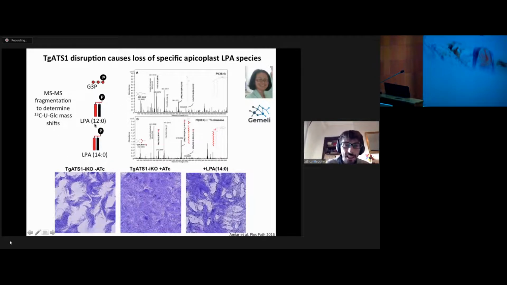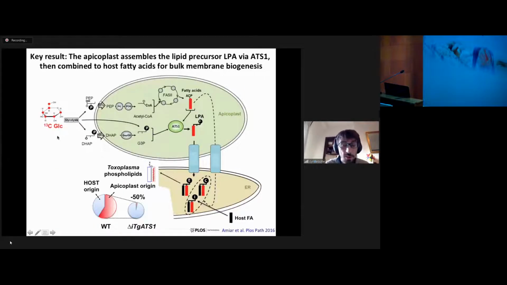And what we found is that the parasite was making labeled lysophosphatidic acid specific of lengths 12:0 and 14:0, short-chain fatty acids, which are the signature of FASII synthetic capacities. And these fatty acids were incorporated into lysophosphatidic acid. And this lysophosphatidic acid was used as the backbone for all other phospholipids. And we confirmed this by complementing the knockout in Toxo with the product LPA 14:0, and that led us to this actual model